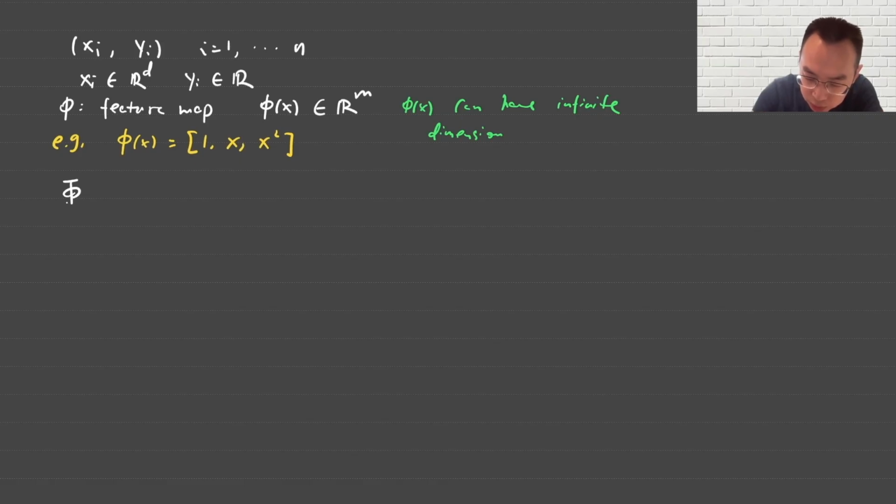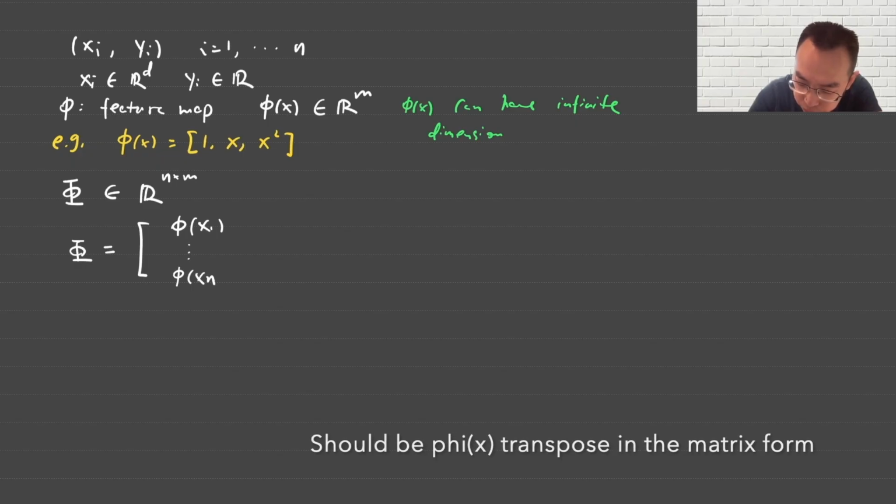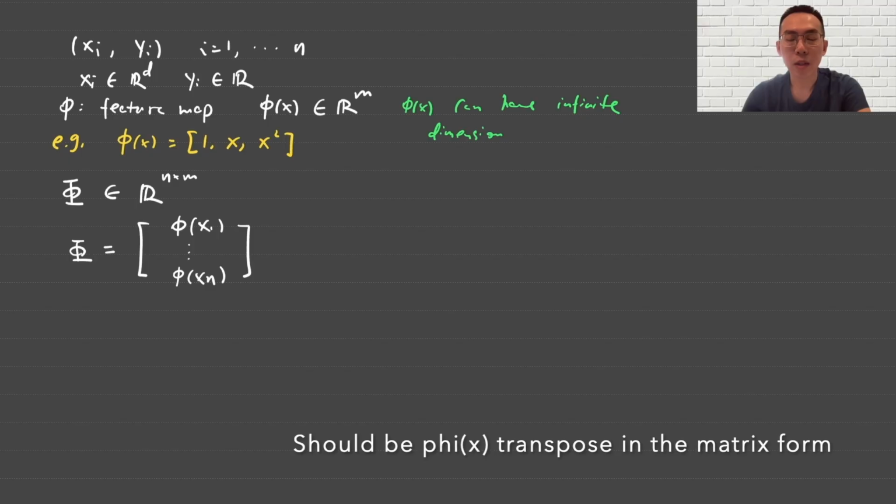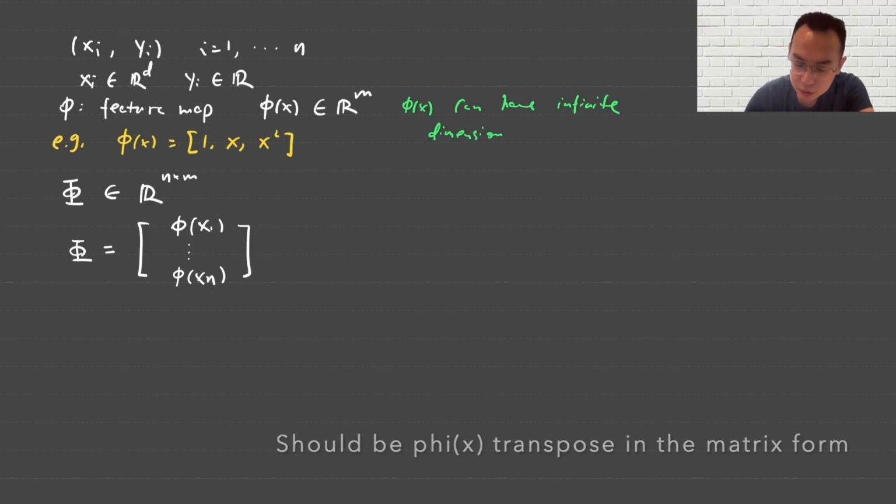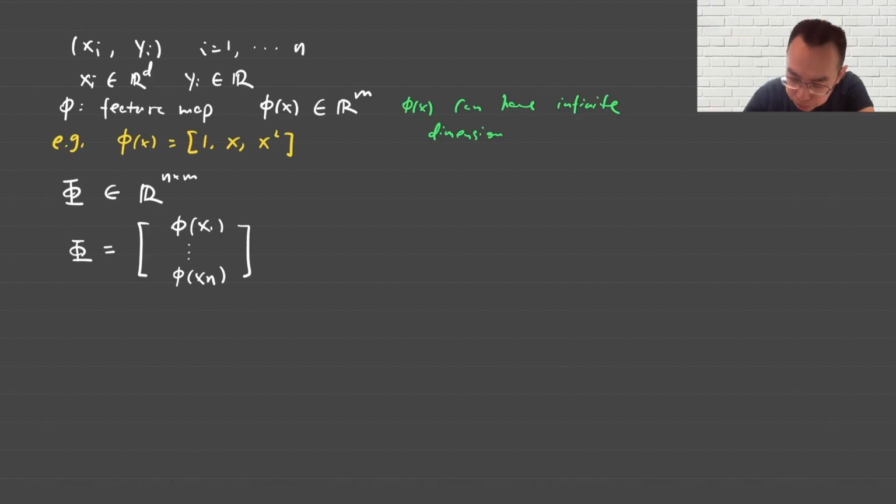and then we can also define the matrix form, the capital Phi. It is in R^(m by n), n by m matrix, I think. Yeah. So n by m matrix. And then if we write it out, Phi will equal phi(x1) all the way to phi(xn). Remember in our basis expansion, we are solving this as a linear system, right? So we are solving this regression problem. So it's going to be Phi